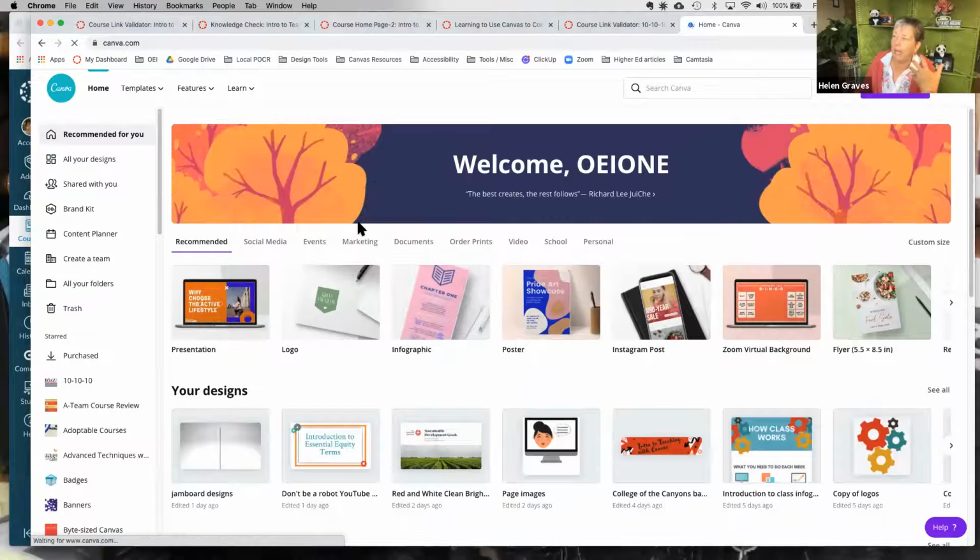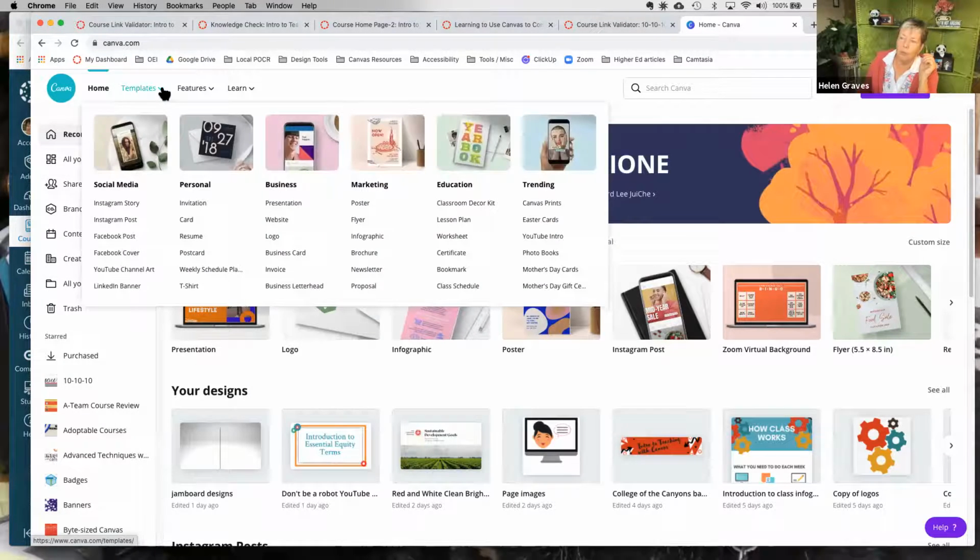I actually have an account, so it logged me directly into my account, but you would be able to register for it. And then as an example, they've got all kinds of templates that you can use that are already pre-built in specific sizes. So if you want a presentation size, like for PowerPoint, it's the right size already. Or you can also do custom sizes.